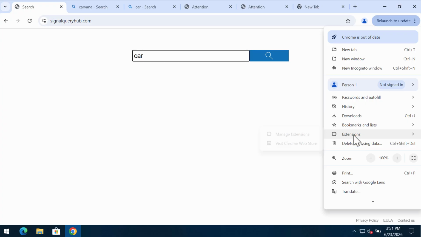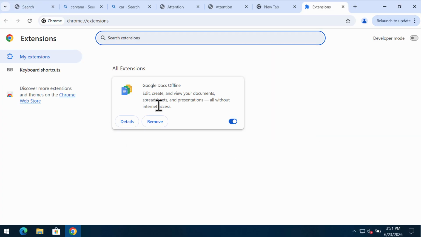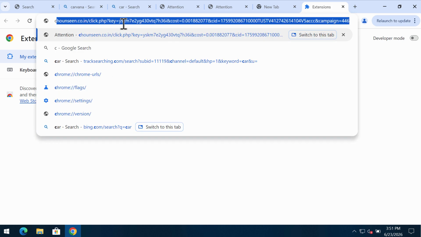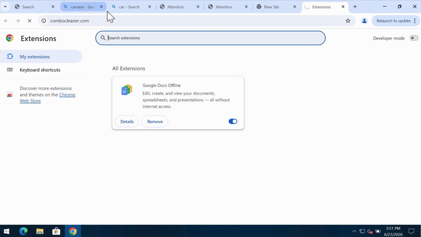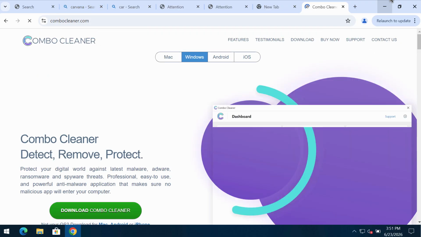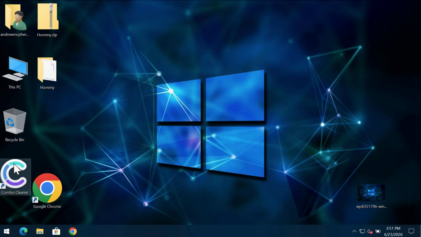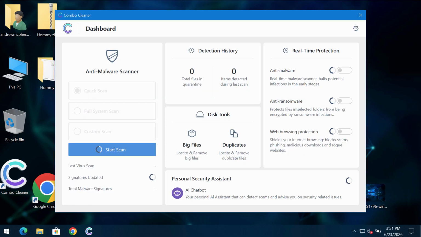Access the menu, extensions, manage extensions, and then remove any junk extensions if you detect them on the list. I also recommend you to scan the computer with Combo Cleaner. Go to the page combocleaner.com, download the application, install it, and then start scanning your computer to detect and remove